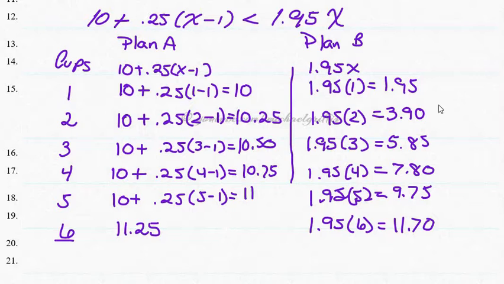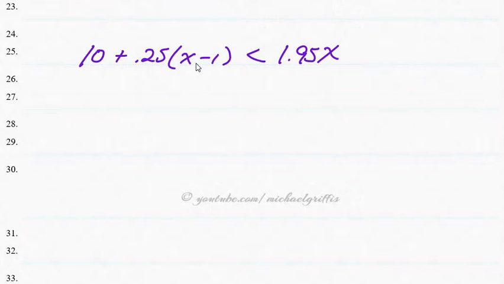But instead of doing a table like this, what we can do is do this algebraically and solve for x up here in this equation. And that's exactly what we're going to do. So let's do that. All right. So this was 10 plus 0.25 times (x minus 1) is less than $1.95x. All right. Let's distribute that 0.25 across. So that's 10 plus 0.25x minus 0.25 is less than